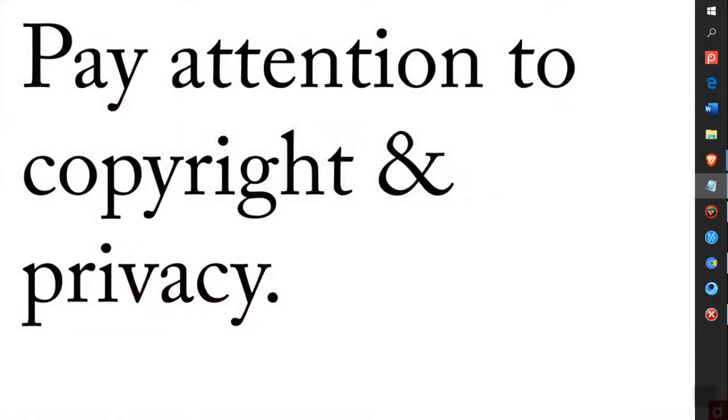Now, we'll make one very important qualification before we say anything else. Pay attention to copyright and privacy. Just because something is on the web doesn't mean you're allowed to pull it out. Information gets copyrighted. And so when I use examples here, I make sure that this is stuff that's publicly available,